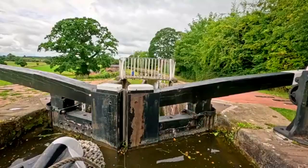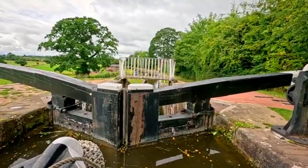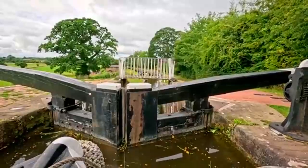Well, it's simply about capacity, really. We have to manage it because of water levels. The canal can't really deal with more than 12 boats in a day. It's about this balance between man and nature. But more importantly...